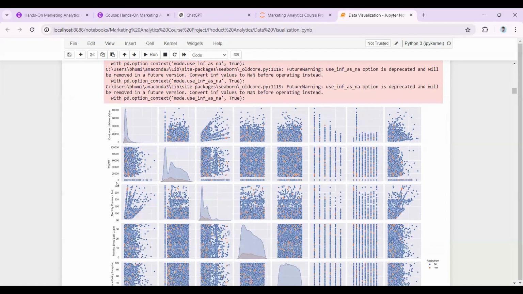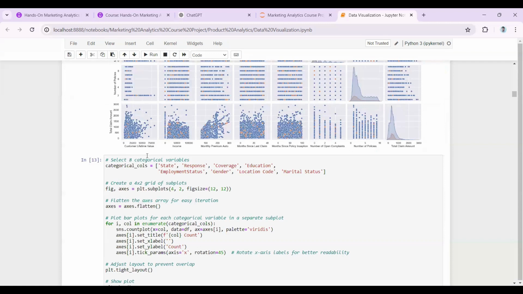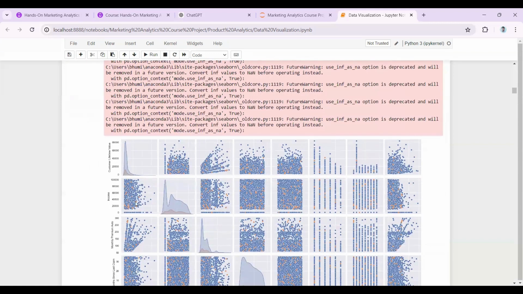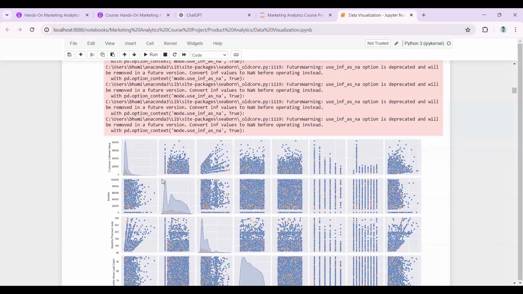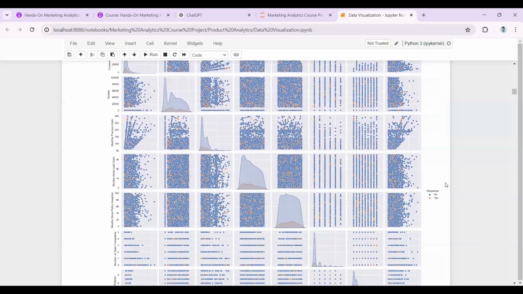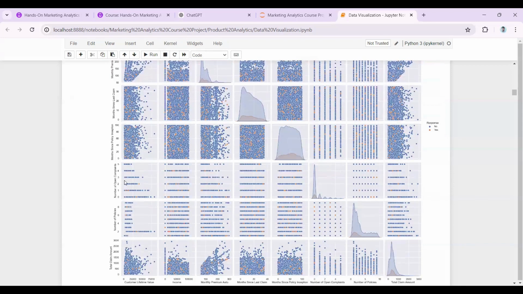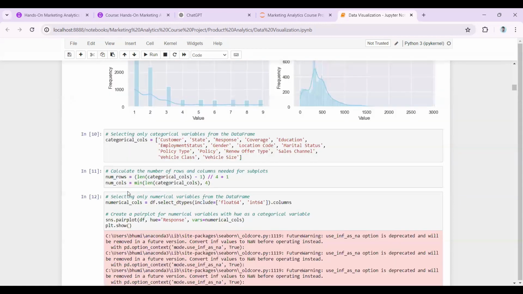For example, income and customer lifetime value has a scatter plot displayed here. Similarly, you can choose any two numeric variables and do the scatter plot, and you can use a categorical variable as a color, meaning you can color code using the categorical variable so that you can see the distribution of data. So this is one way. Another